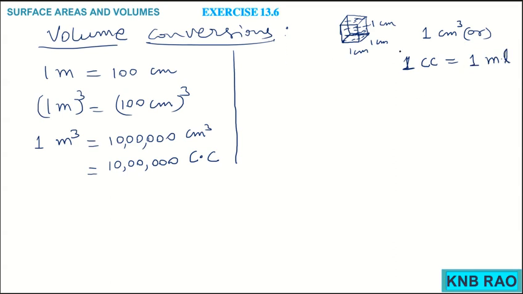So this is a very basic important conversion. 1 cc is equal to 1 ml, or 1 cubic centimeter equals 1 ml. You have to understand this, very important. It means I can substitute ml instead of cc,